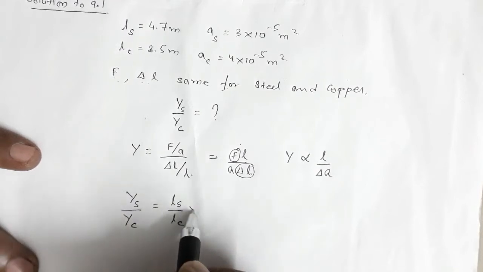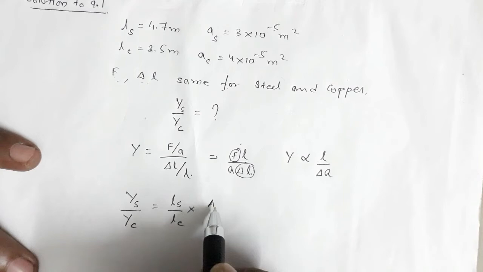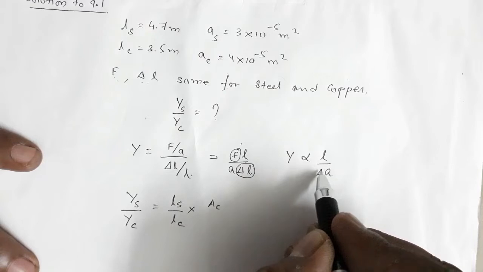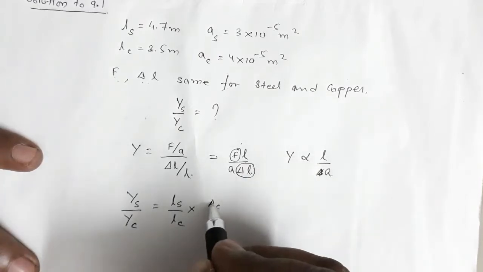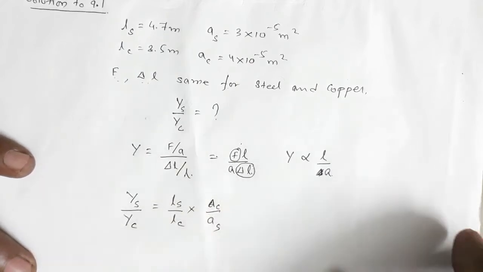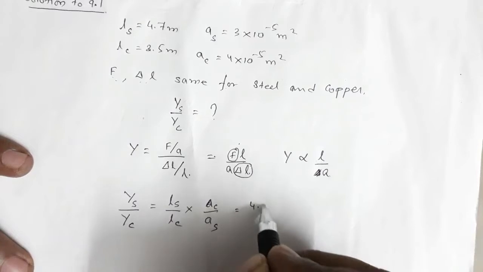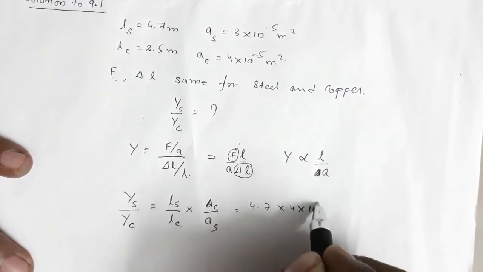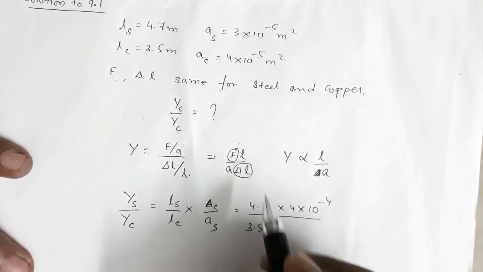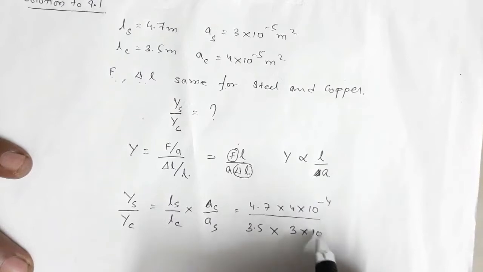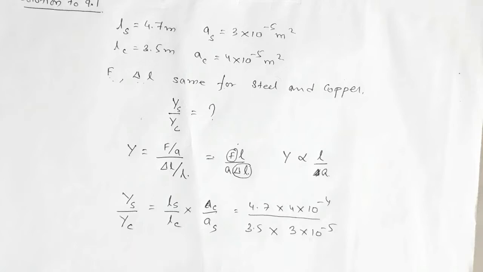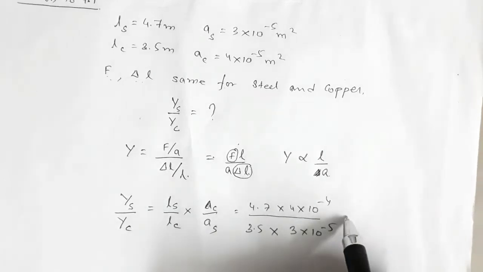length of steel by length of copper multiplied by area of copper divided by area of steel. Now if we substitute the values, this is 4.7 into 4 into 10 power minus 4 divided by length of copper 3.5 into area of steel 3 into 10 power minus 5. So if you calculate these values, then you will get the required answer